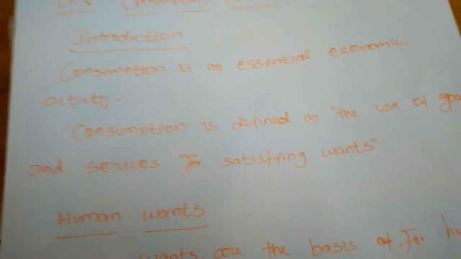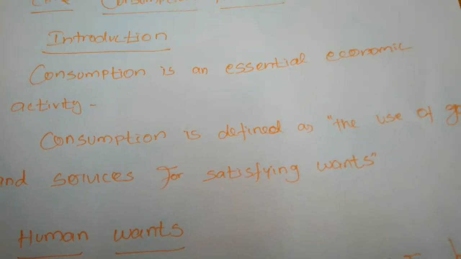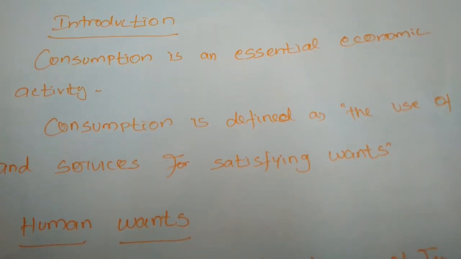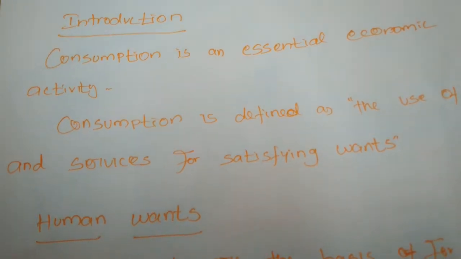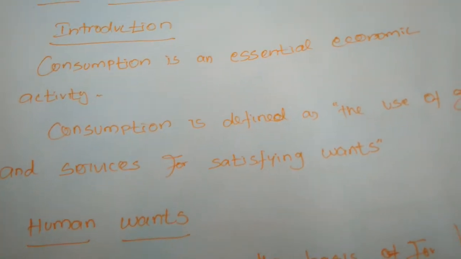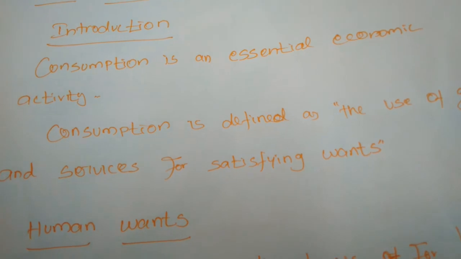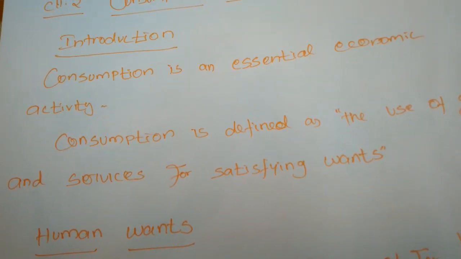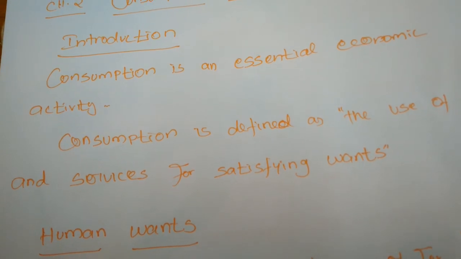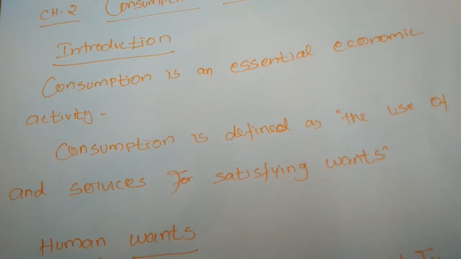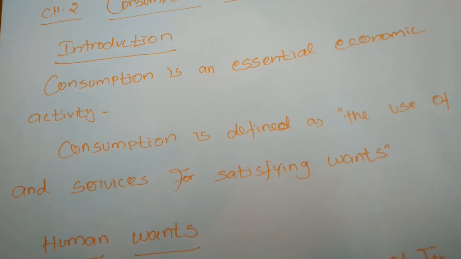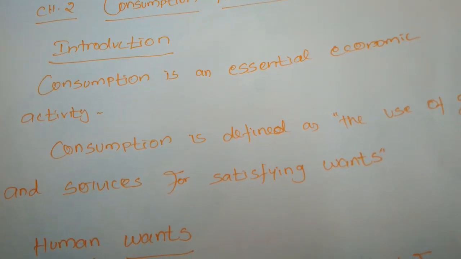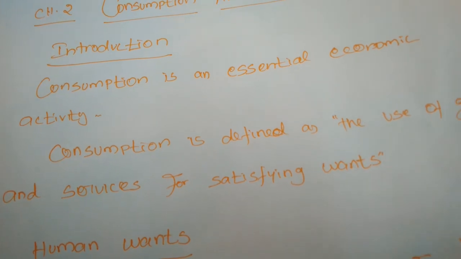How do we use the goods and services? It is the usage, or the utility, of the goods and services even after purchasing the commodities. When we are consuming those commodities, if we do not have proper or sufficient utility, we will not get satisfaction. So consumption is always related to the satisfying power of the commodity.